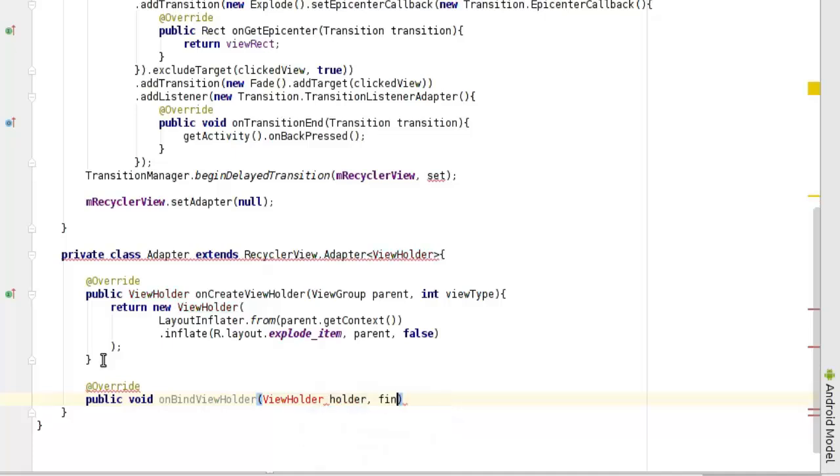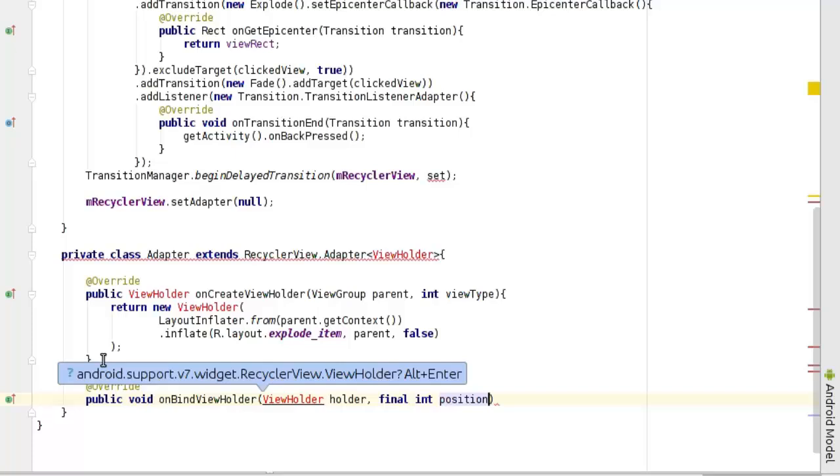We have the final integer position. Now we have the order